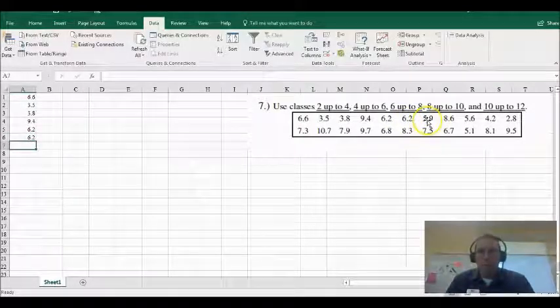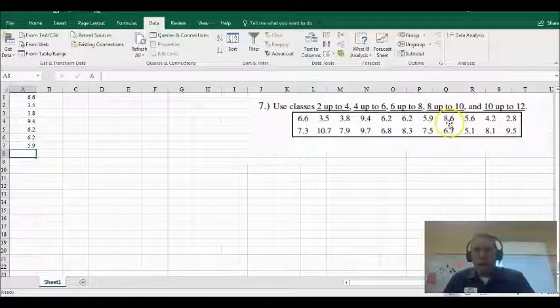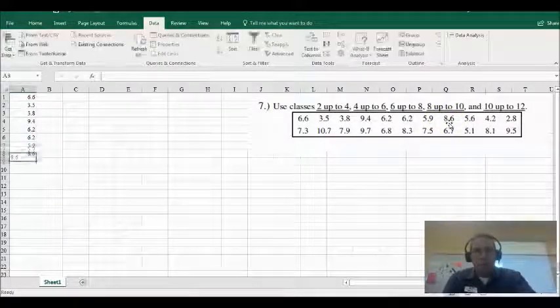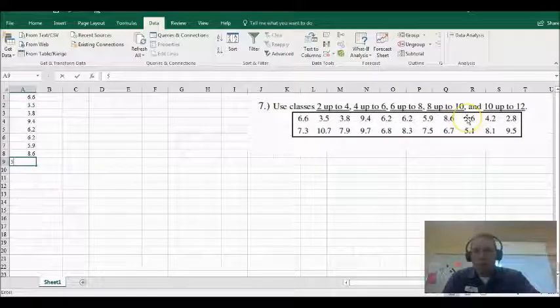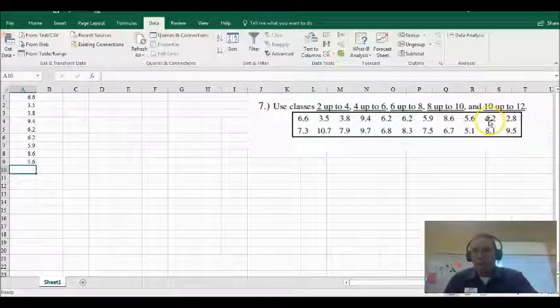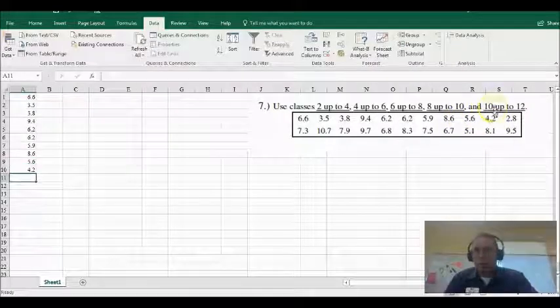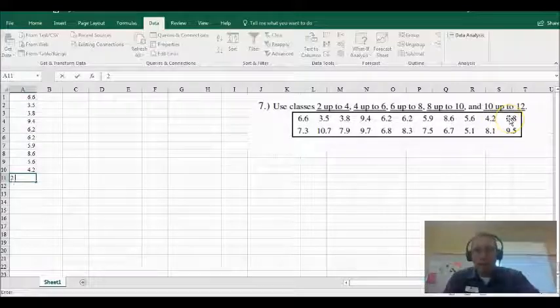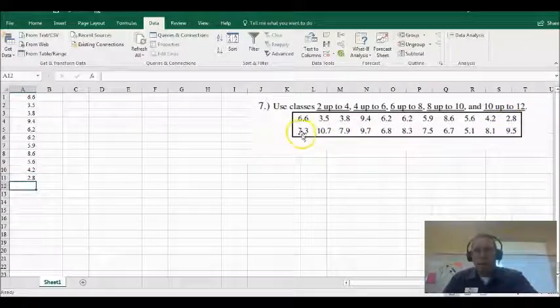It's okay to have 2 of the same number or 10 of the same number. 5.9, then 8.6, then 5.6, then 4.2, then 2.8, and then 7.3,